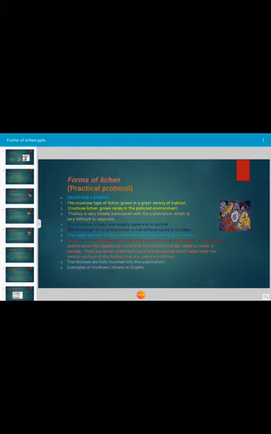There are small uniseriate hair-like structures which arise from the ventral surface of the thallus, called rhizines. Rhizines are the structures which help in the fixation of the crustose lichen to the substratum. The rhizines are fully inserted into the substratum, which helps in the fixation of the lichen on the stone or any type of substratum. The example of crustose lichen is Graphis.